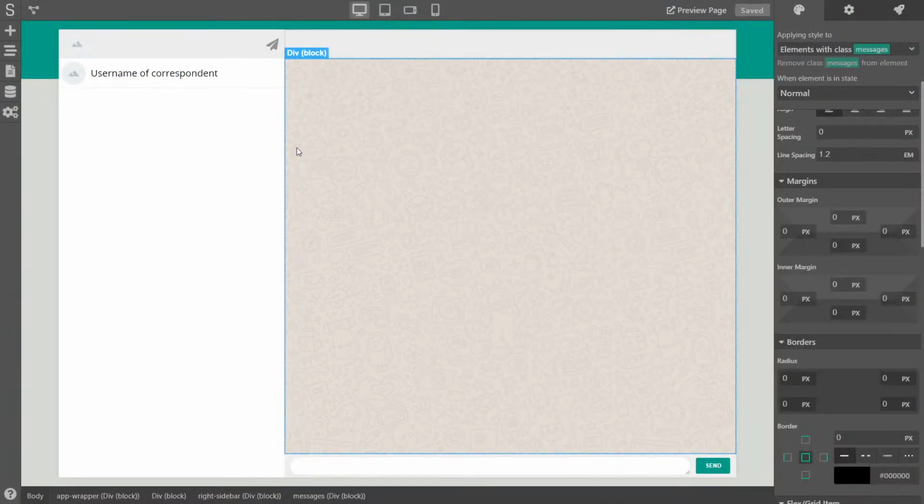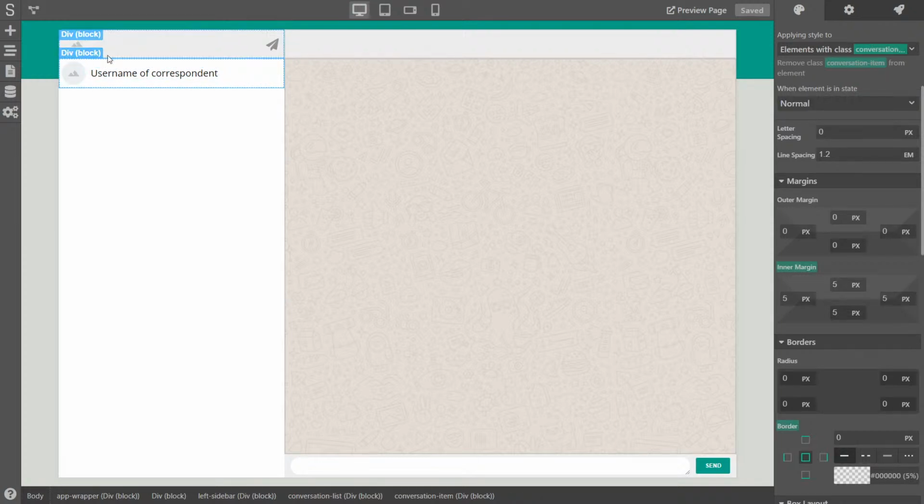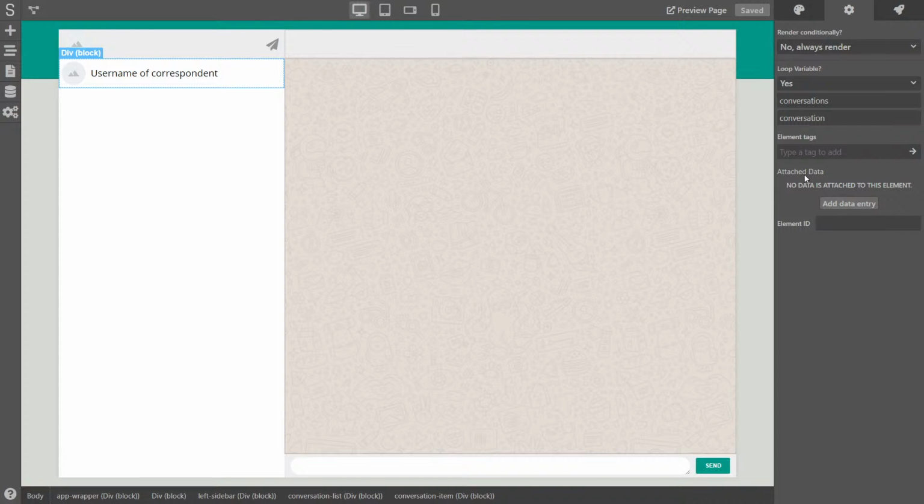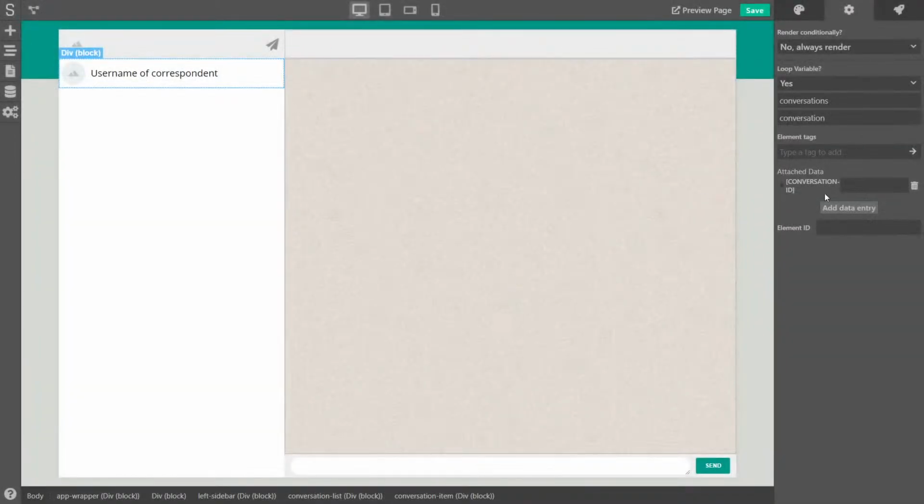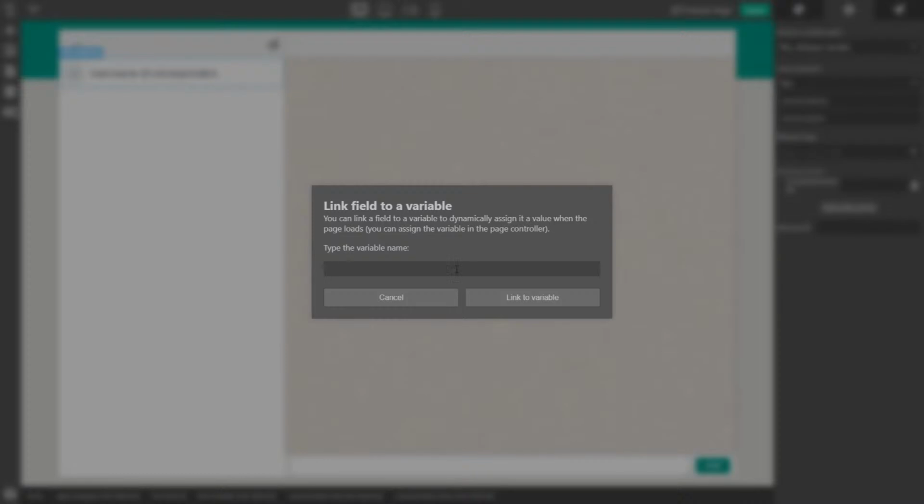So now for the logic that is going to be behind this, we need to make sure that when the person clicks on a conversation, we need to open that conversation here. So a conversation has an ID. Here, this is the conversation item, and we're going to set the ID. We're going to attach the ID to this element here. So add data entry, and we can name it conversation ID. And instead of typing something here, we can just link it like this, and we can say